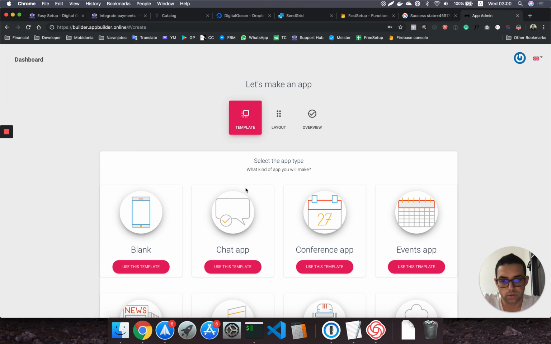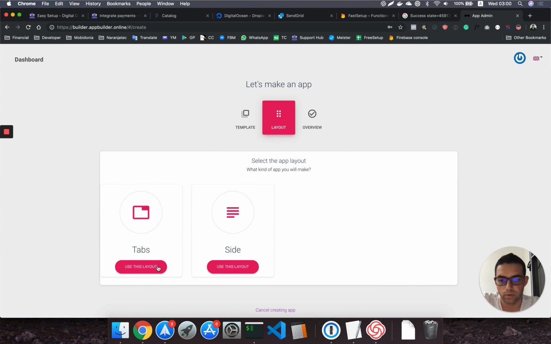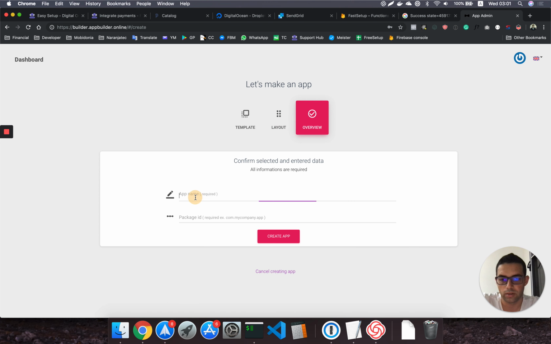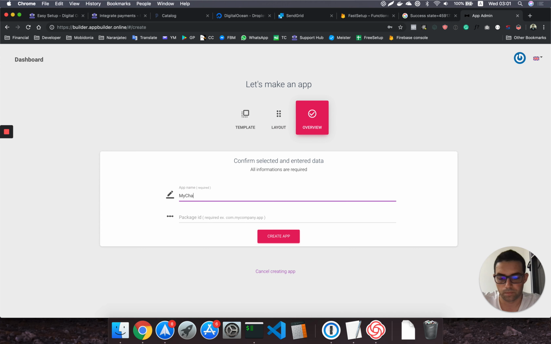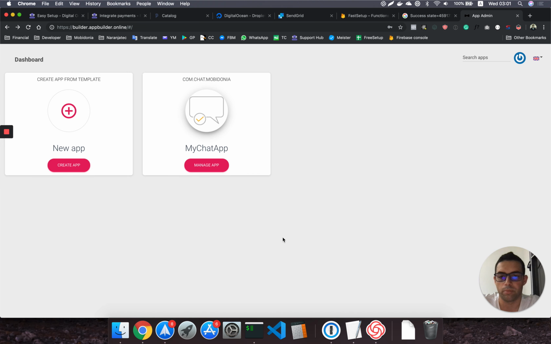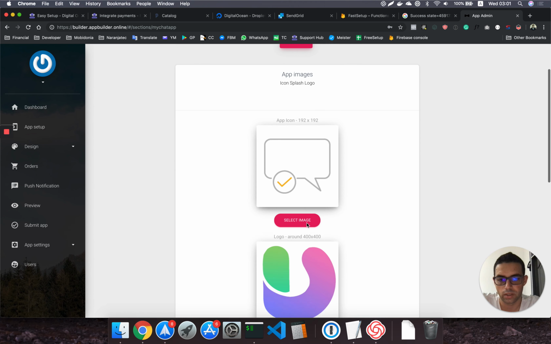Next step is to create an app and test that procedure. So let's say I will need a chat app, and I will use this template, use this layout. I will name it my chat app, com.chat.movie.no, and this will create the app. I will not go into details here, but you can add new sections, order them, add images, create an app icon,